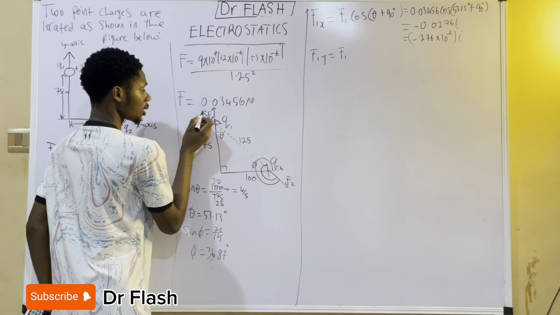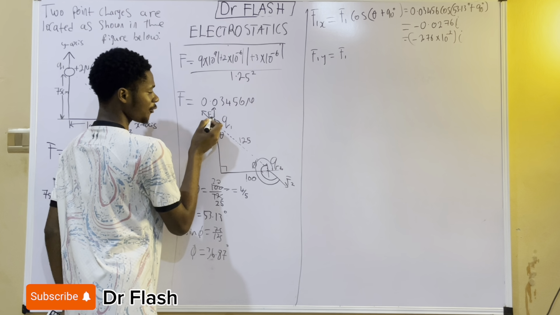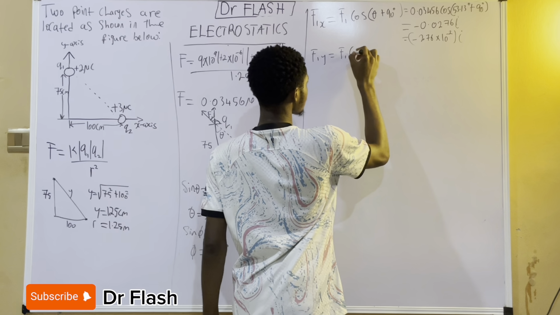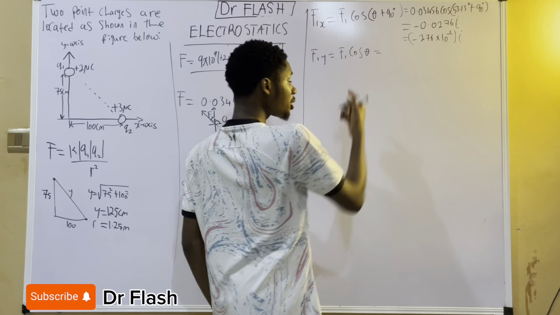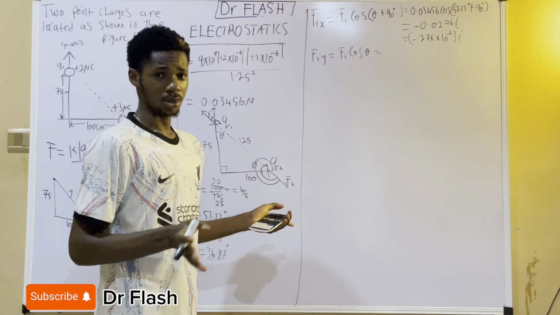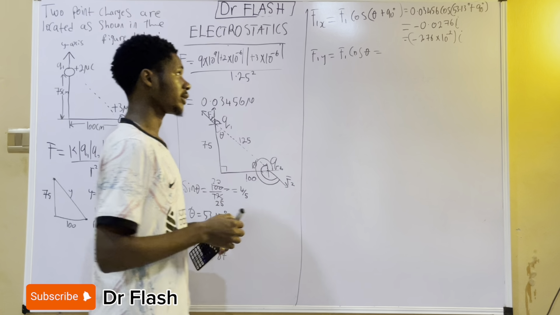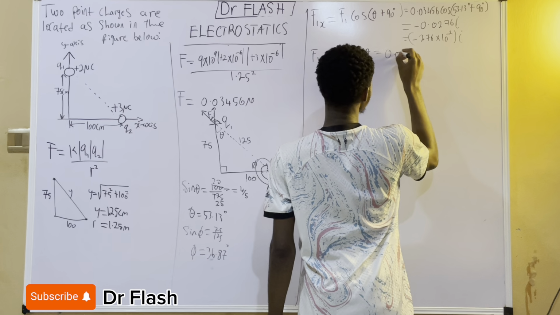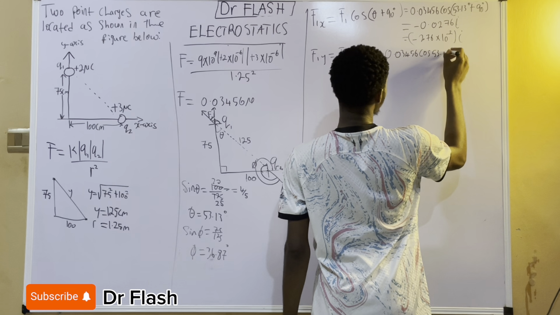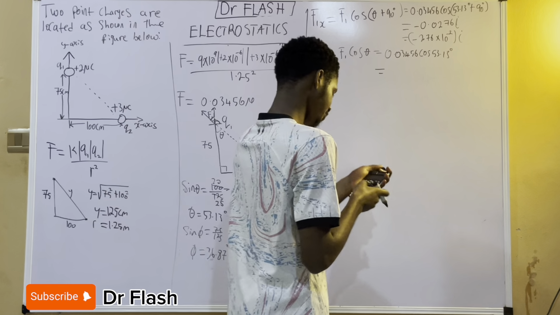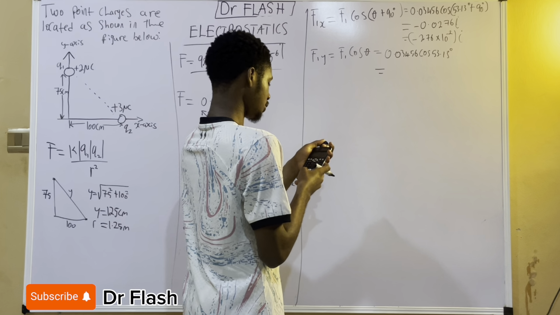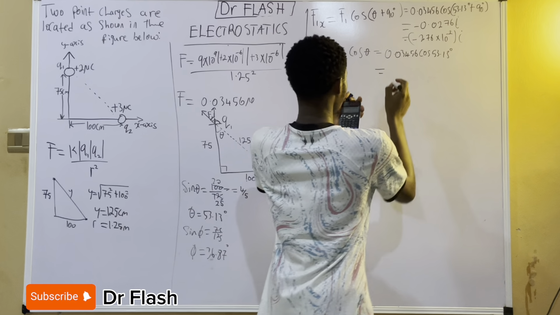Okay, so resolving to the y-axis, we're going to have f1 cosine of just theta. Between here and here, we're going to have f1 cosine of theta. I could as well make use of some trigonometrical identities to solve this depending on the value I had there, but I'm not going to stress your learning with that at all. I'm just going to go direct. So I'll get a value of 0.03456 cosine of theta, which is 53.13 degrees. So that'll give me a value of 0.03456 cosine of 53.13 degrees. So I'll get a value of